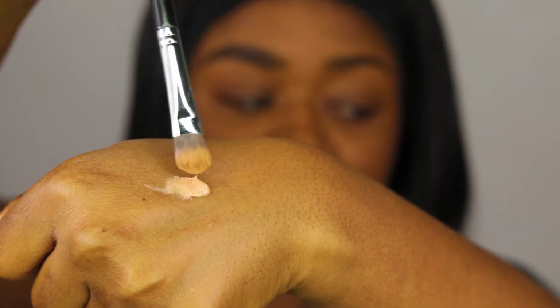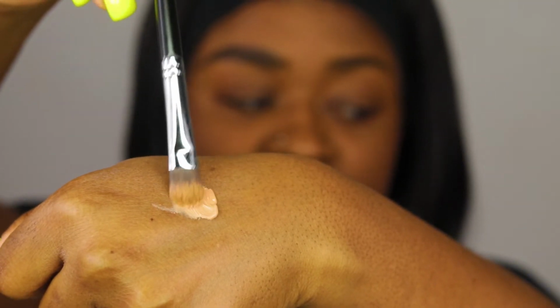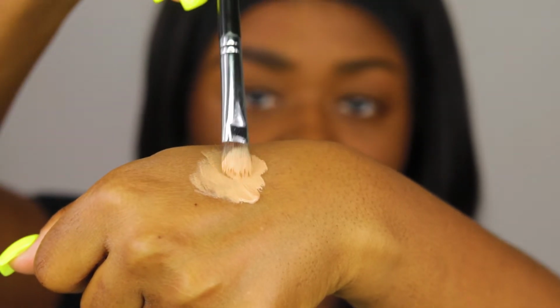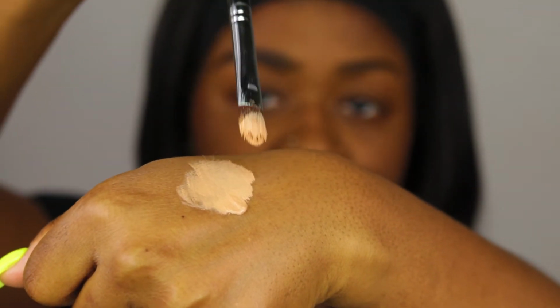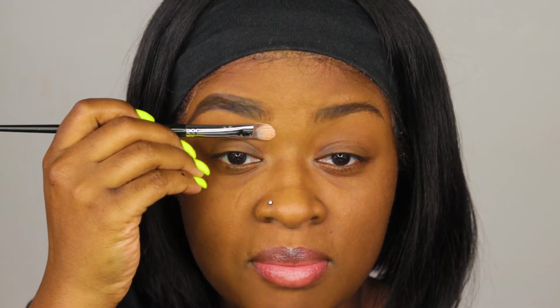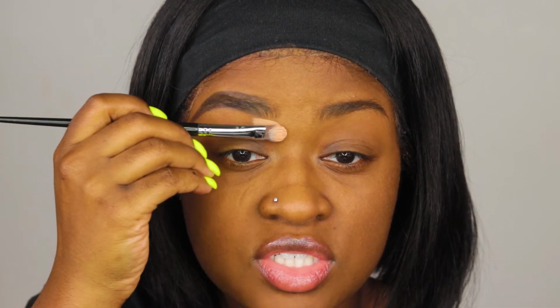There we go. And you just go into your product like this, and you're just gonna get your brush nice and flat. Both sides, back and forth, back and forth, back and forth. And then I'm gonna go right up under my eyebrow with the side of my brush, and I'm just gonna trace right below